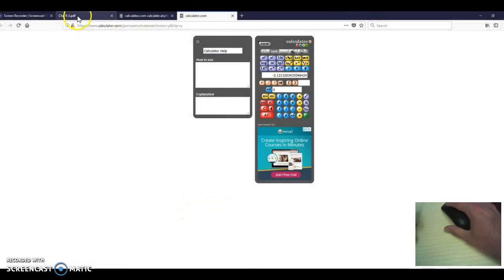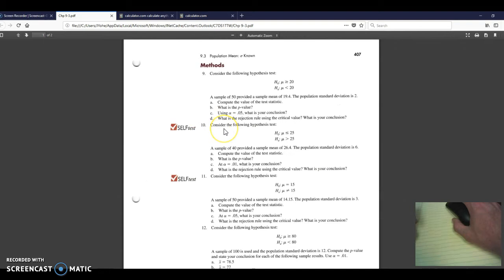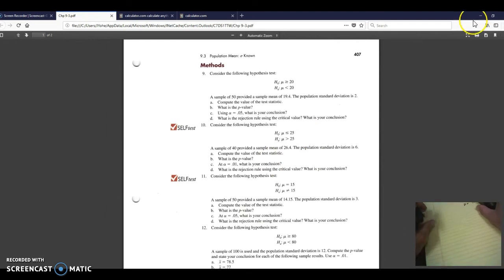Going back to our problem, part C. At a 0.01 alpha, what is your conclusion? So if our alpha is equal to 0.01, our p-value is greater than our alpha. And just to show you this,